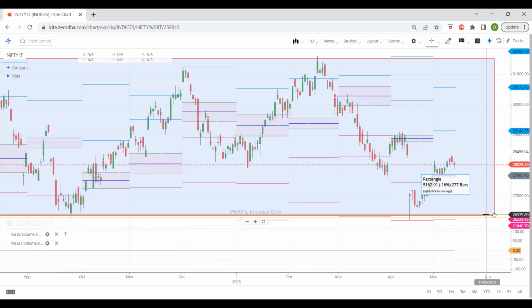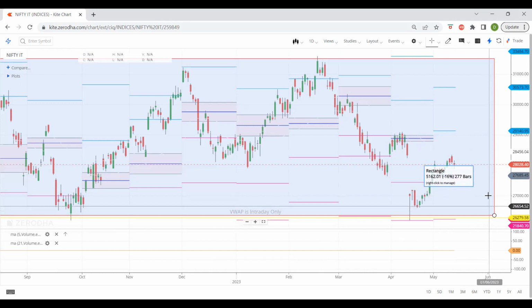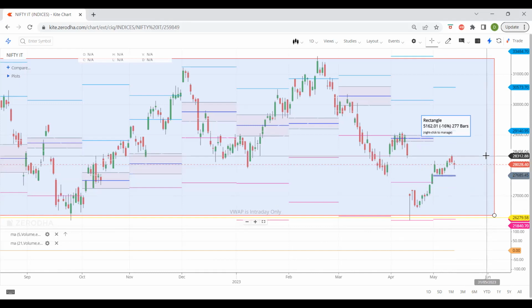By technical analysis, the more times a level gets tested, ultimately it gives in. At some point of time, it becomes weaker and weaker, and ultimately it gives in. So if that happens, then it would be catastrophic for the Nifty IT stocks. And if IT goes down, then it will bring Nifty down along with it. So Nifty will not be able to make much up moves even if the Nifty Bank Index performs well.